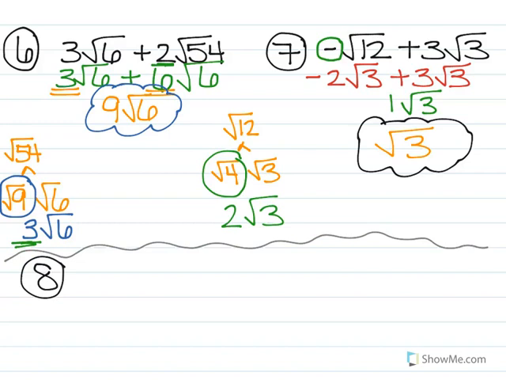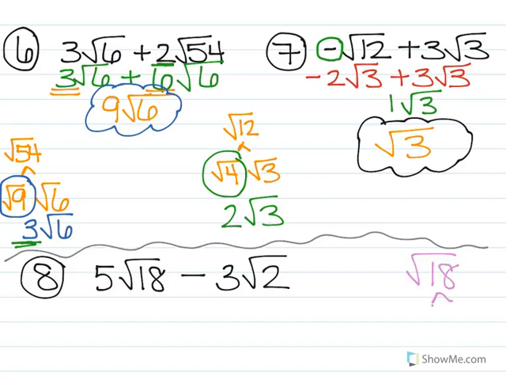So last example we're going to have for number 8 is going to be 5 radical 18 minus 3 radical 2. So 3 radical 2 is as simple as it can get, but we can definitely break down 5 radical 18. So if we list the factors of 18 off to the side until we figure out the largest perfect square that can go into 18, we should end up with 9 and 2, 9 being the perfect square,